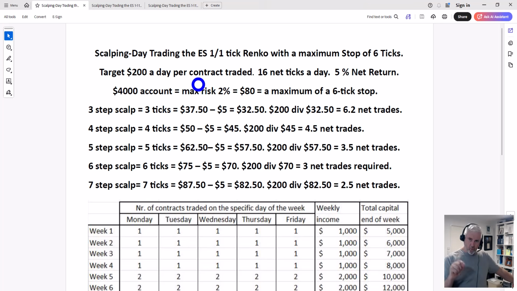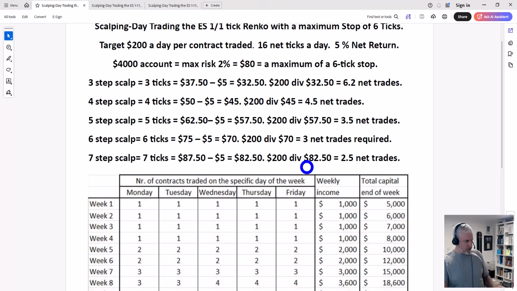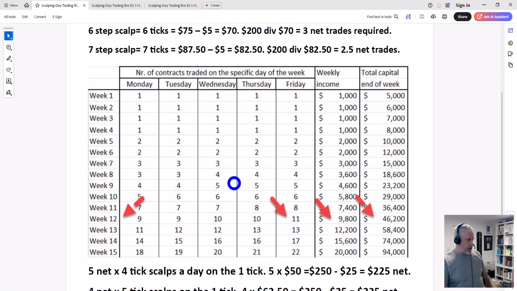Now what's important, what I'm about to show you here, as I mentioned, we'll go to the live charts, but down here, 6-step scalp to net $200 a day. After any losses, I need 3 net trades a day. And once again, I'll better explain when I get to the charts. But what that means mathematically, within 12 weeks,